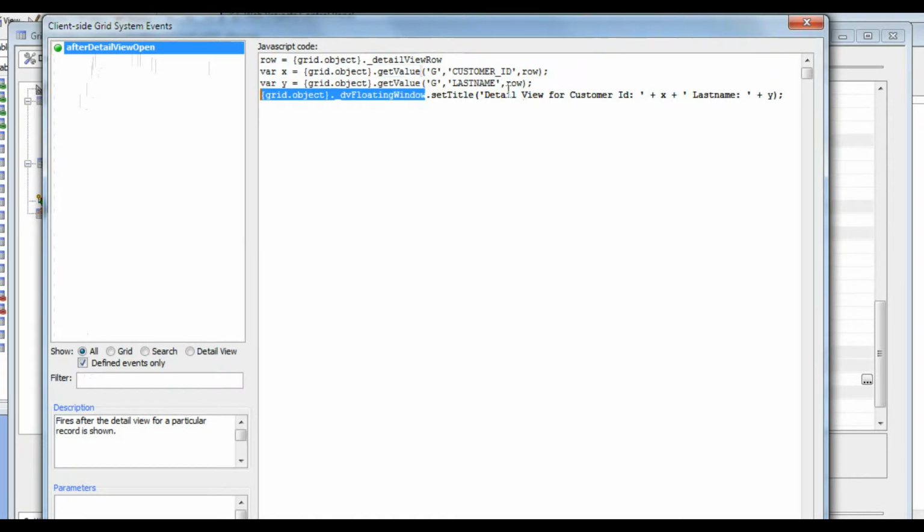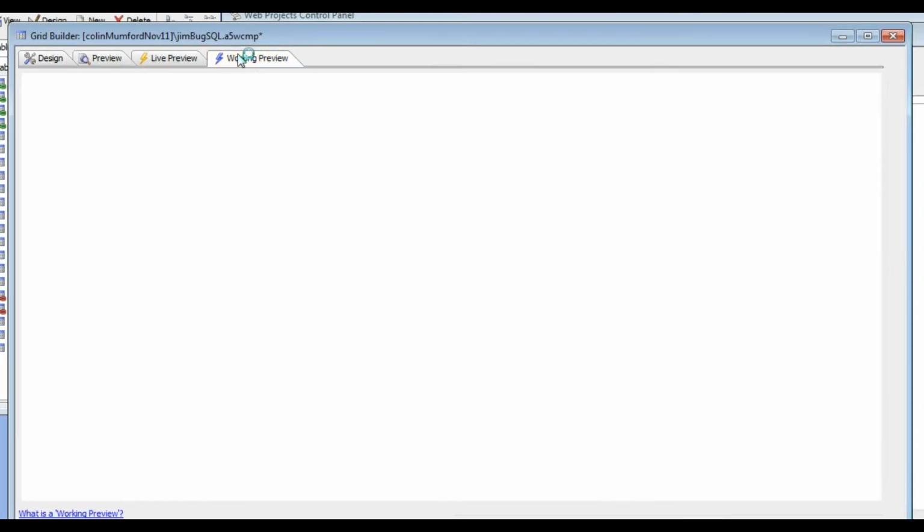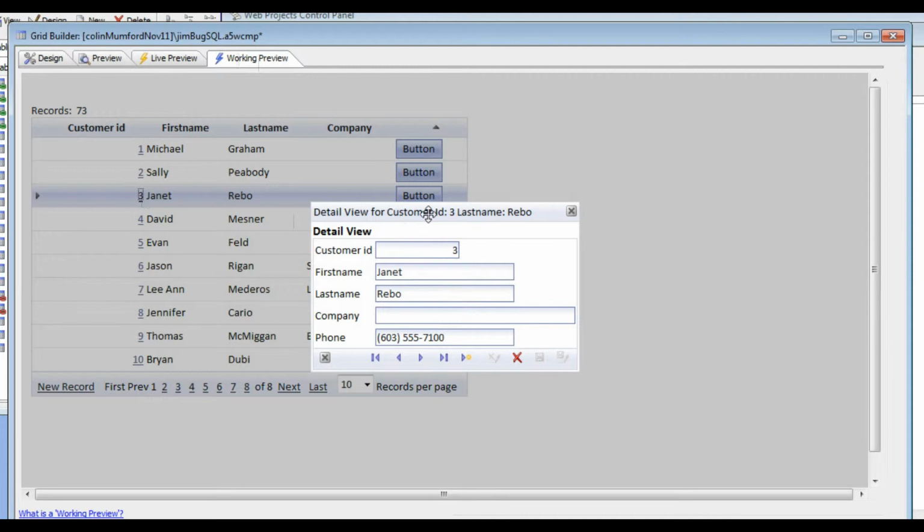So it's going to say detail view for customer ID, and then here's the value x that we read out of this row, and then here's the value y, which is the last name. So it's just 4 little lines of JavaScript, and that gets me the solution that I want. So there we go again, and as soon as I open up the detail view, I can see my custom